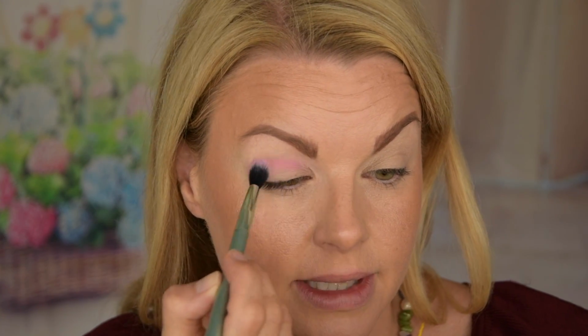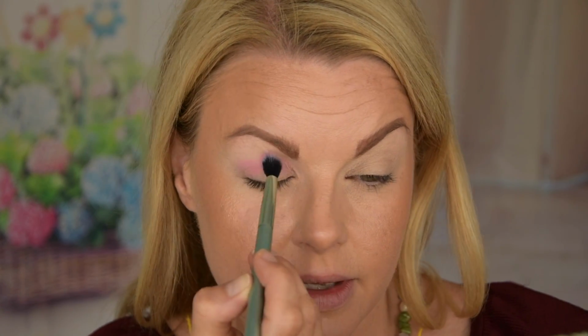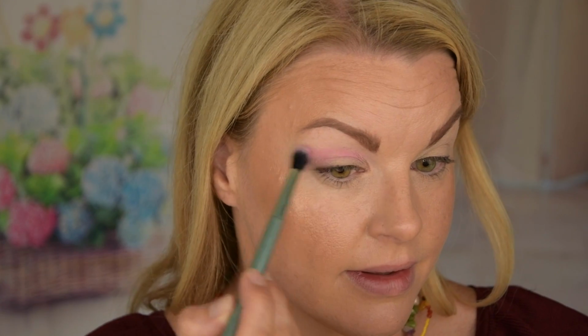Color. Really love that. So I'm gonna start with this one, and I'm just packing it, and then I'm just